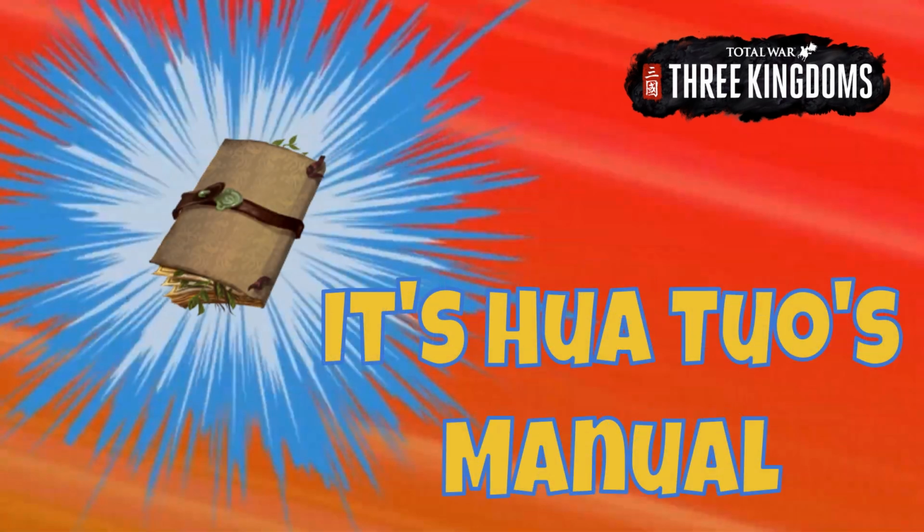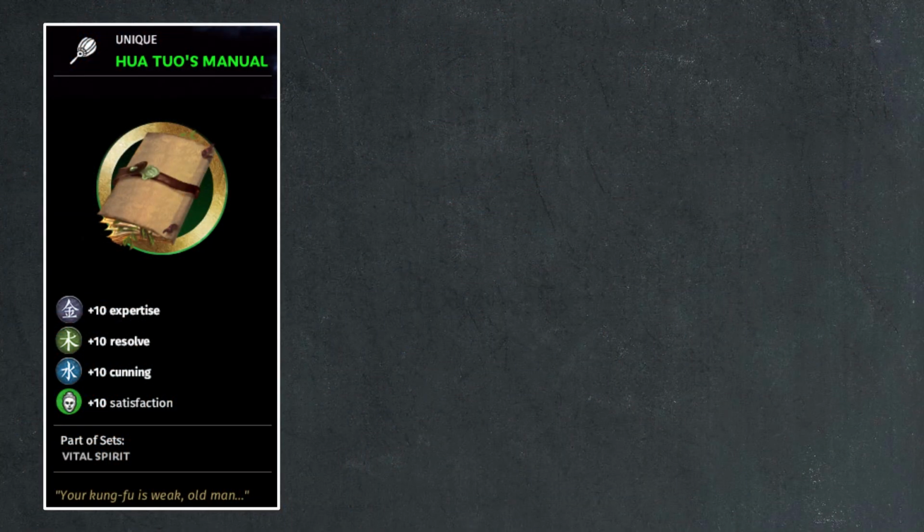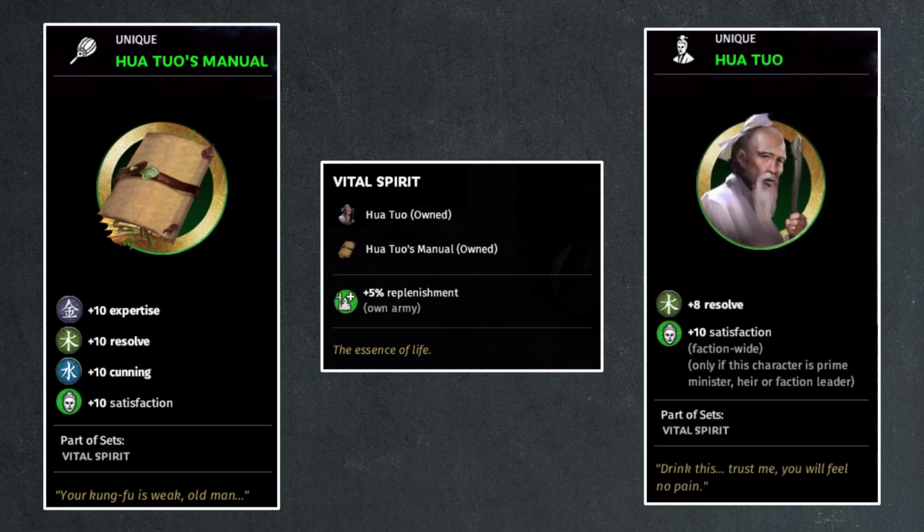It's Hua Tuo's menu. So at first glance, this is a gold tier or unique item in the game that provides 10 points of expertise, 10 points of resolve, and 10 points of cunning, as well as 10 points of satisfaction to the character equipped with this item. It is also part of a set called Vital Spirit, which grants the army that this general is in an extra 5% boost to replenishment rate if you also happen to have Hua Tuo equipped as a follower on the